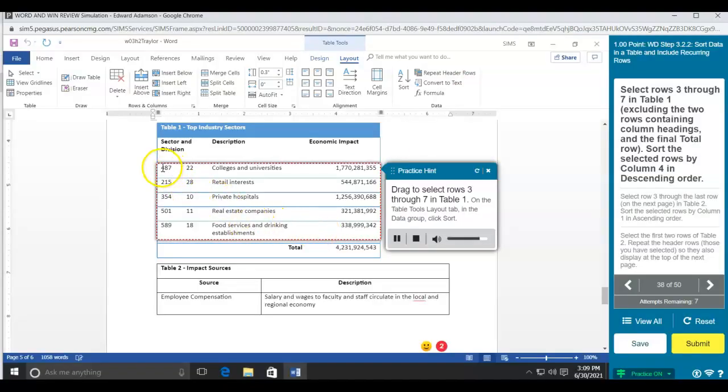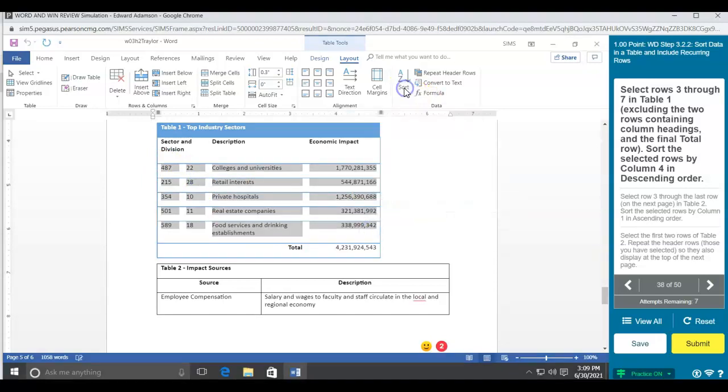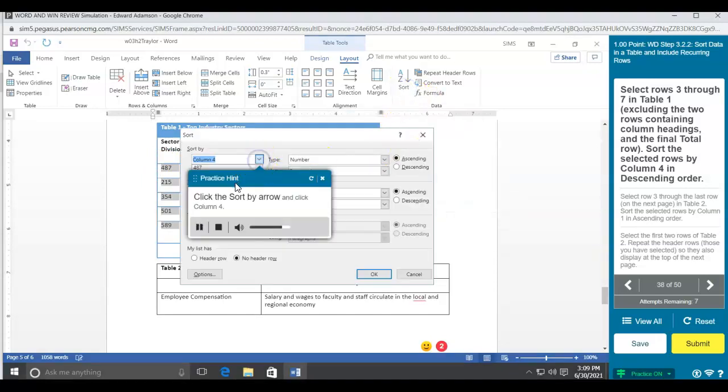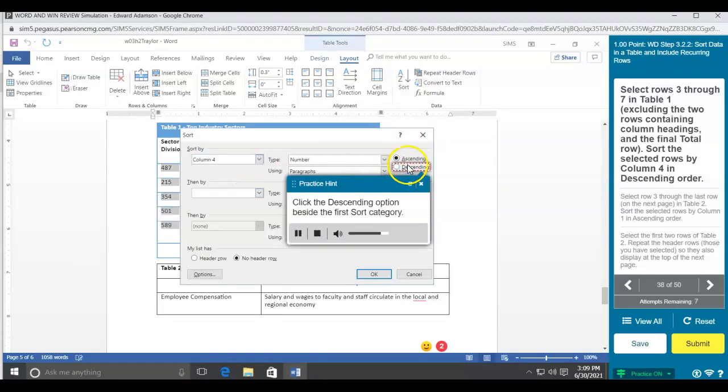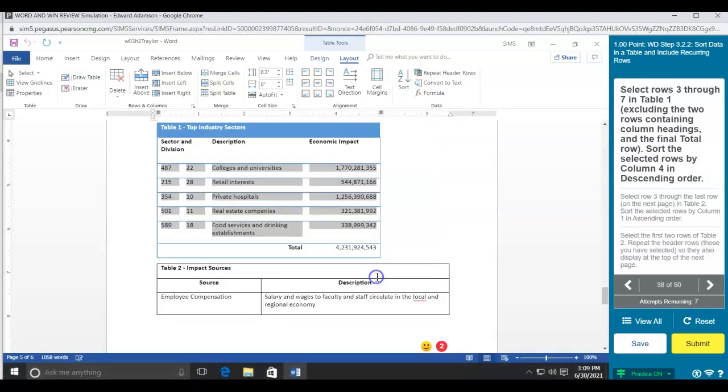Drag to select rows 3 through 7 in Table 1. Click the Descending. Click